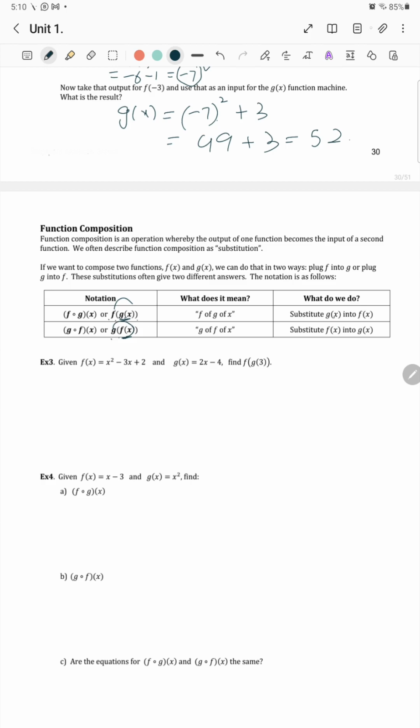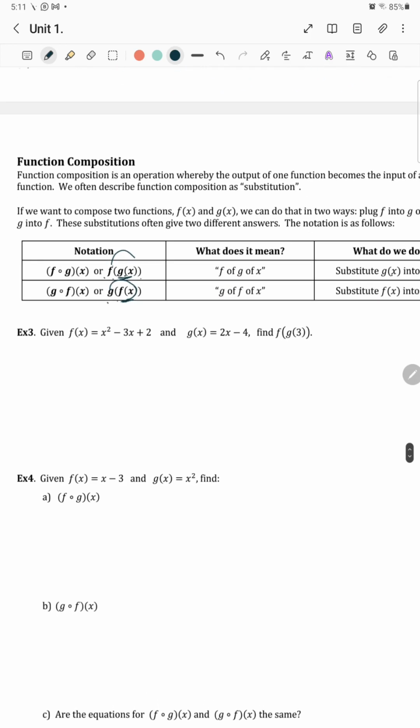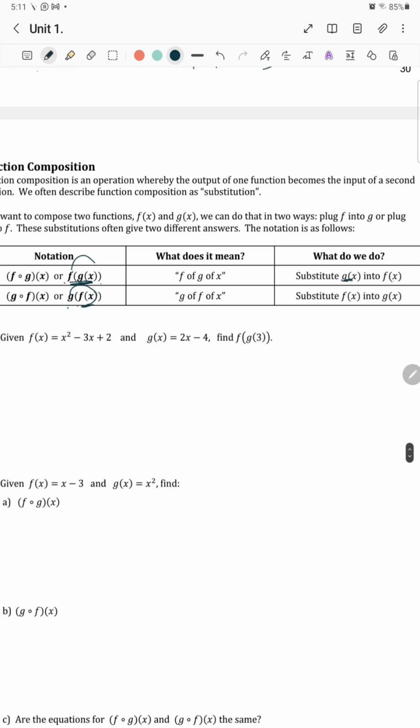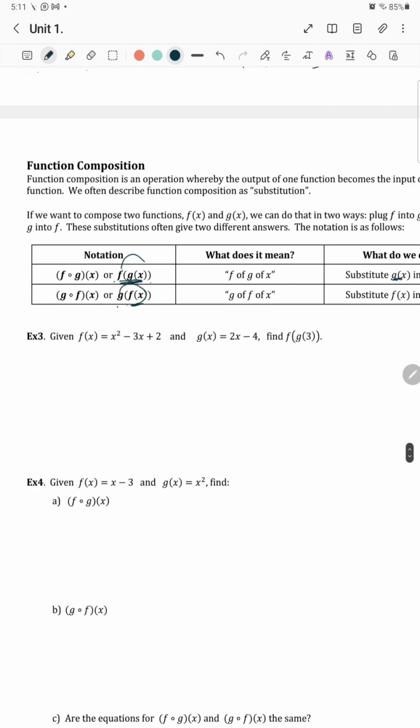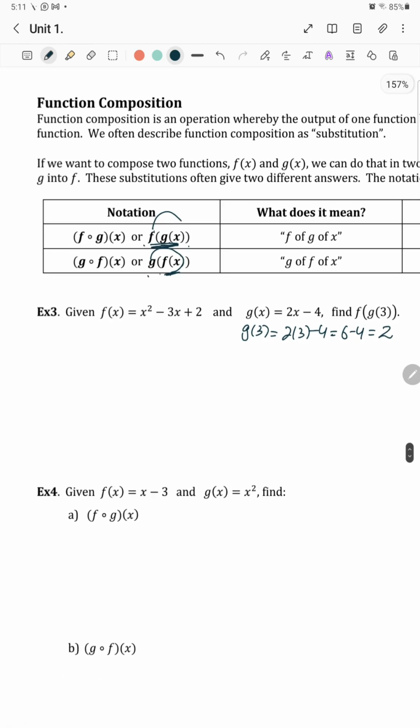So we have f of x and g of x. We need to find f g of 3. First of all, we need to find g of 3. f g of x means we need to substitute g of x into f of x. So let's find g of 3 first. We get 2. Now we need to substitute 2 in f of 2, which will be equal to